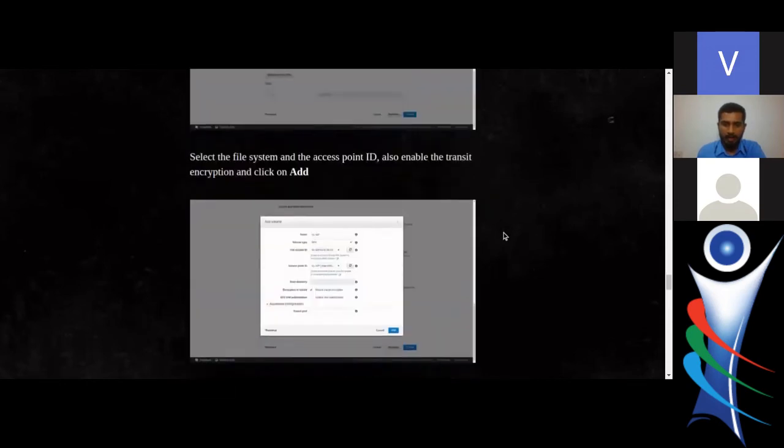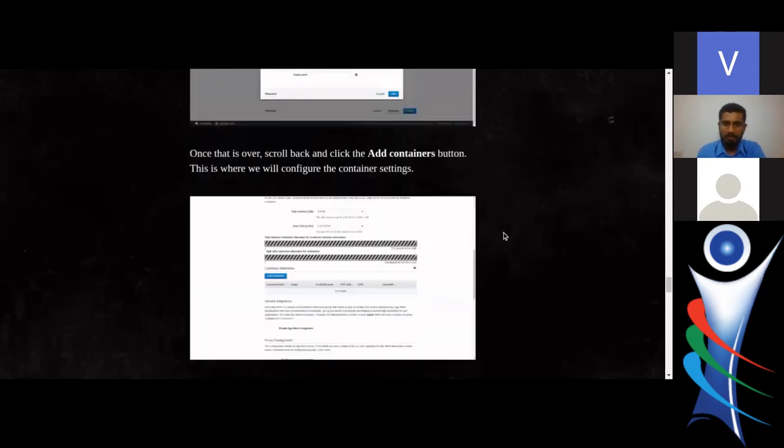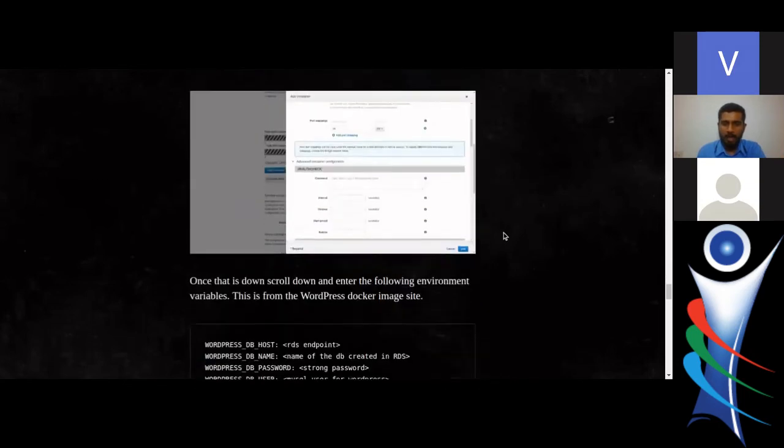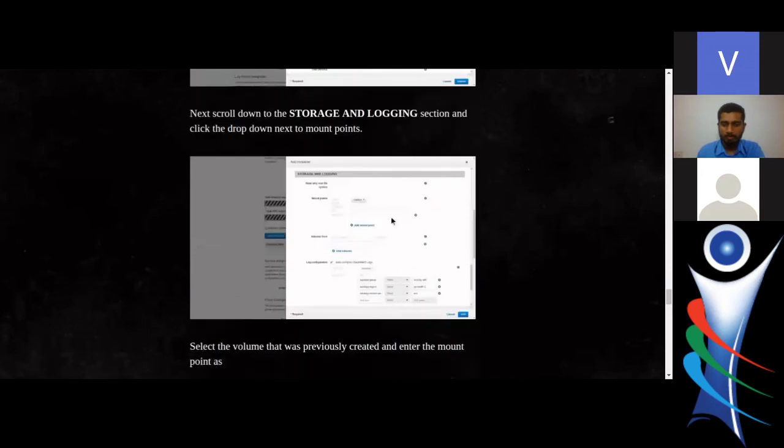And then we give task roles and everything, and then we specify the container that we want, we specify the EFS mounting that we want, and all those things are given. And if you go through the Docker Hub website, they'll actually give specific environment variables that you can use to directly configure the WordPress container. So you can give them here, and the environment variables will directly configure your WordPress container.